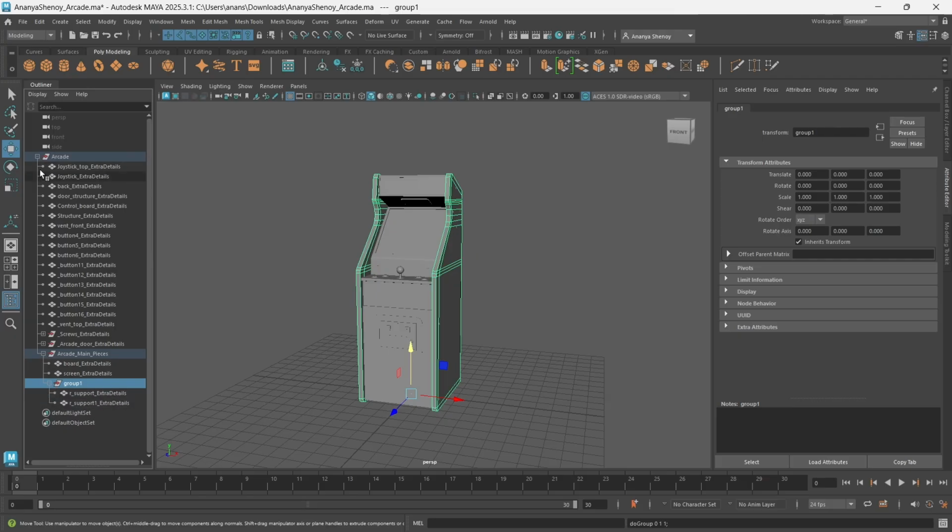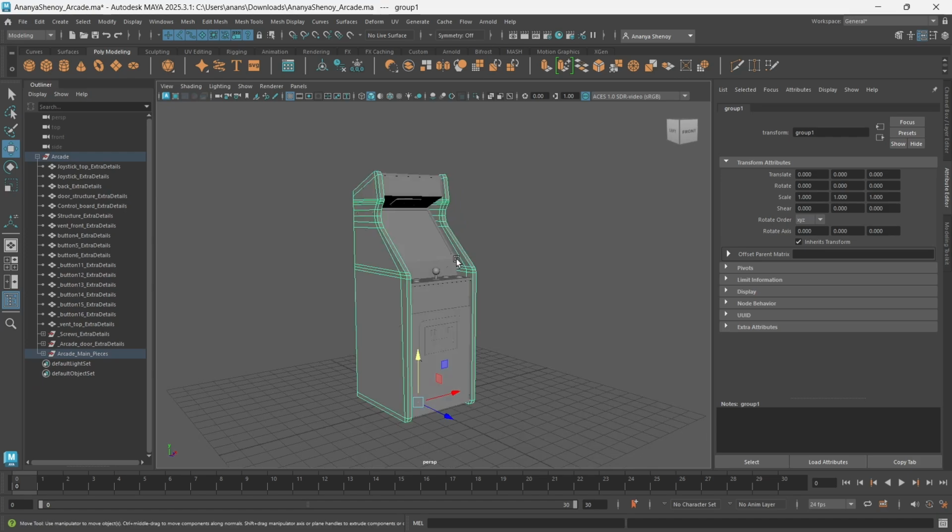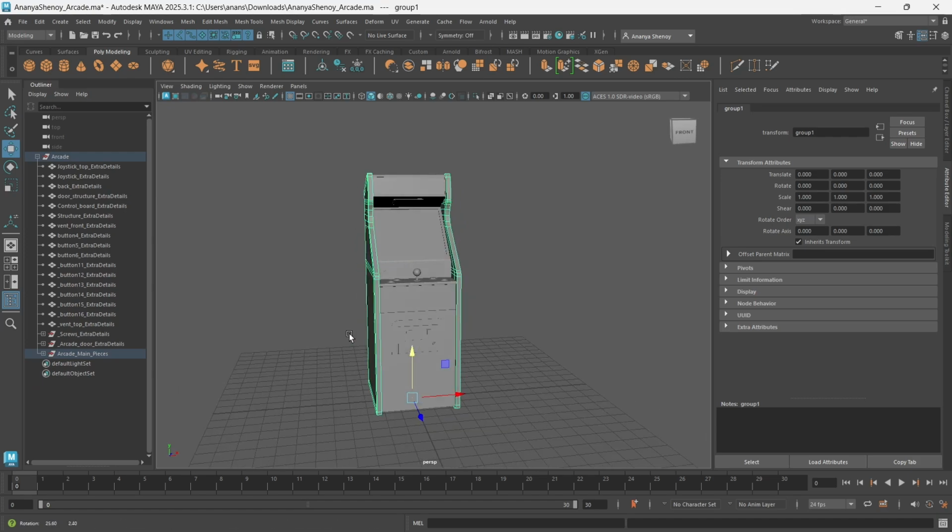And with these lines from the groups, you can see the hierarchy. So all of these objects are within arcade, and then you have arcade main pieces, you have another group within that, and that holds the supports. So organize the groups. Once you do that, you can go into your model.